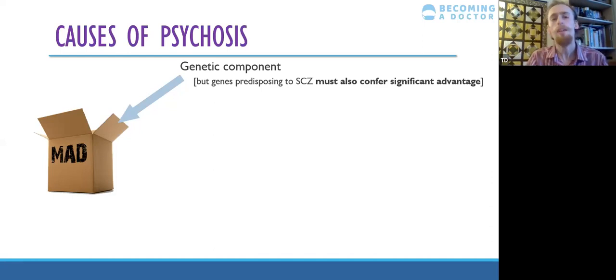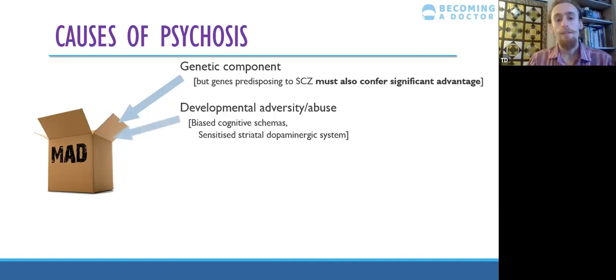But we don't know what all of these genes are for, really. We know little bits. Oh, this one codes for this protein. It's to do with inflammation. But the kind of global effect of what those genes are for, we don't really know. But there are hints that it's to do with that. And then developmental